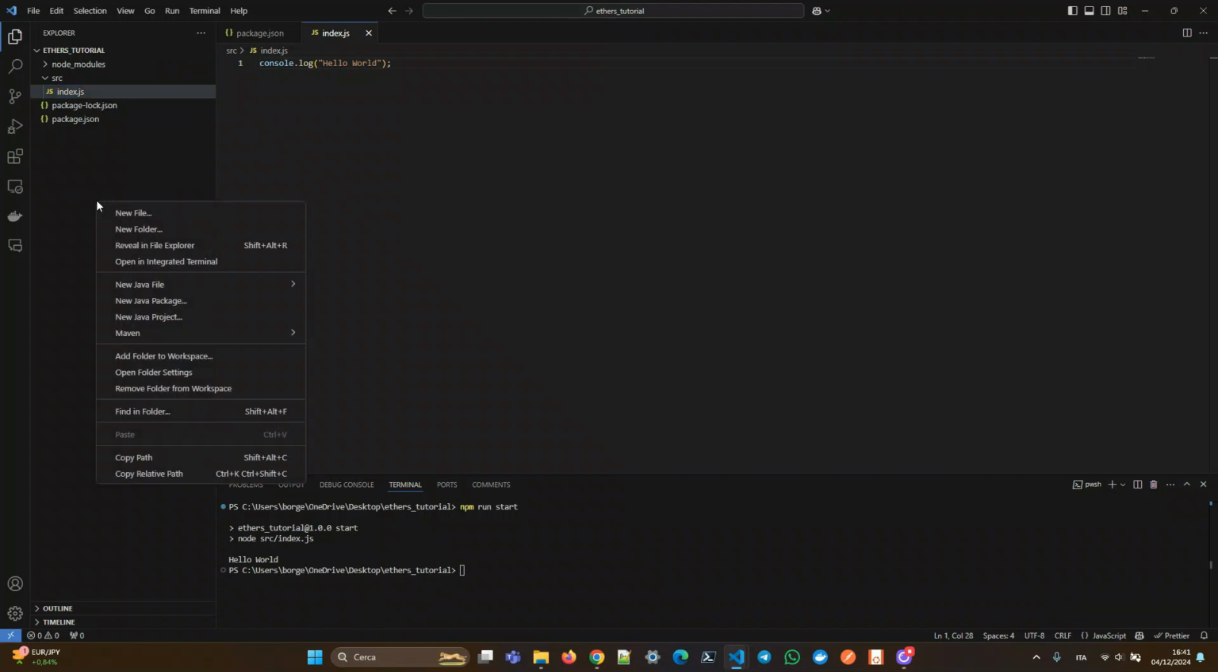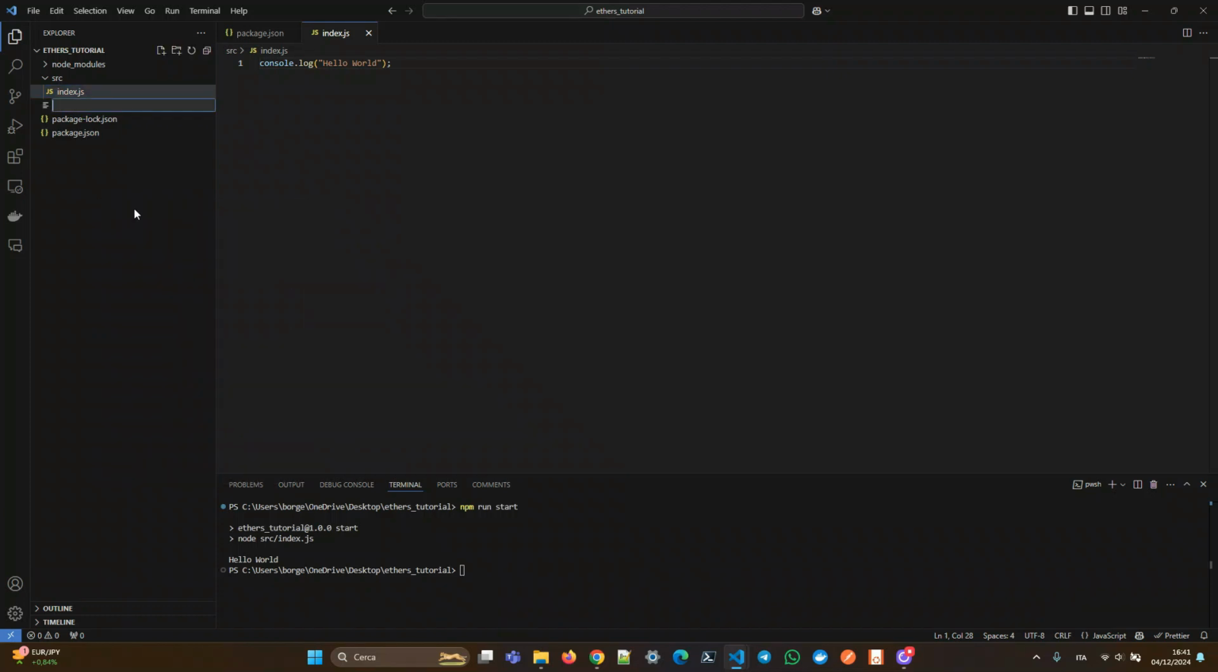our application. Now we need to add a new .env file in the root, where we put the private key of our wallet. If you don't know how to set up a MetaMask wallet, please go see my MetaMask tutorial. And also we need an RPC URL,